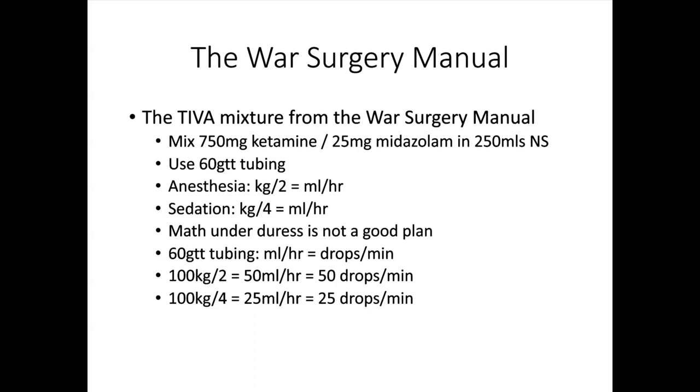This is what I do. I have a little piece of paper that I've put clear tape over. And I have 100 kilos divided by 2, 75 kilos divided by 2, 50 kilos divided by 2. That way I've got the big person, the medium size, and the small person in front of me, and I know the mils per hour I'm going to start with. And the nice thing about this particular mixture from the war surgery manual is after the surgery, if you're going to leave somebody intubated, then you just decrease the dose or the drops per minute, and now you've moved